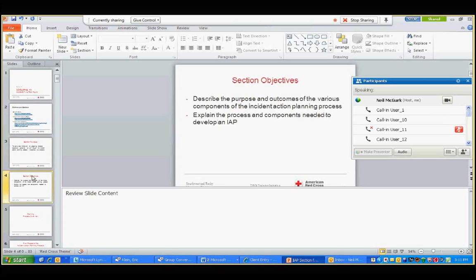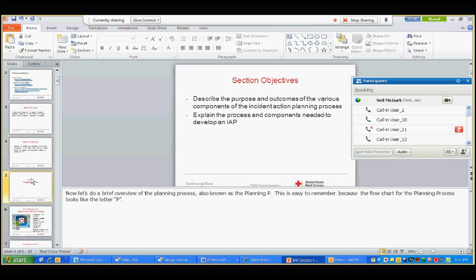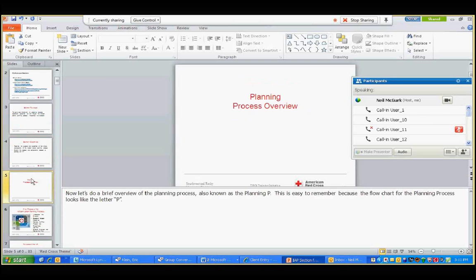And then moving down to the section objectives, again, just reviewing the slide process here, very basic stuff in the beginning. Then we're moving into the planning process. The first is an overview where you give people a brief overview of the planning process before we dive into the process itself through each individual section. And again, there are more details on what specific things to cover within the facilitator's guide. So that is there for your benefit.